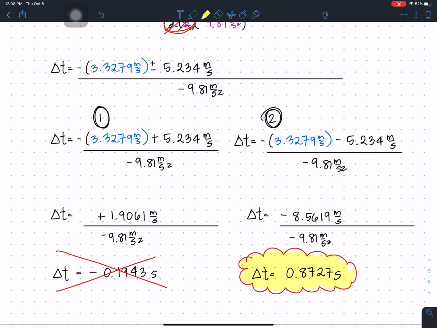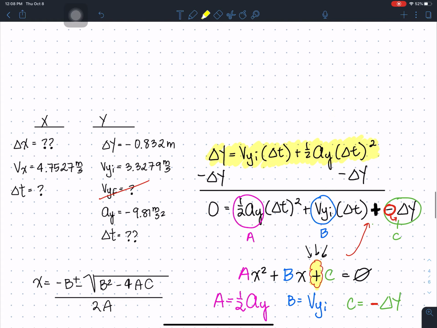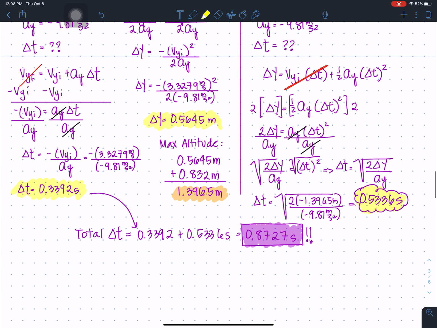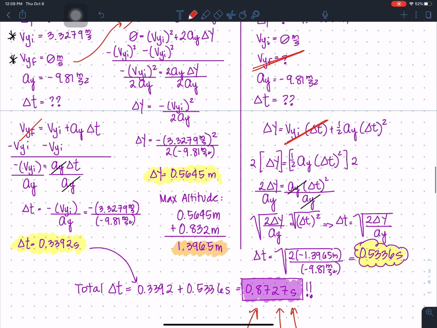Now let's just double check. So using the quadratic formula, we got a delta t for our projectile of 0.8727 seconds. And if we scroll back up to our work, from the multi-step method that you see above that we did in class, the delta t that we got, 0.8727 seconds. So you see that you get the same answer, whether you do the multi-step approach